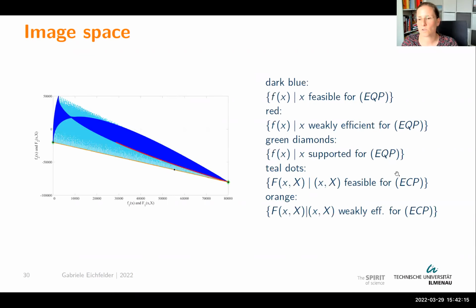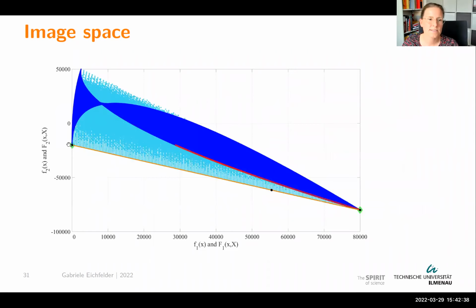And now we go over to the relaxed problem, the lifted problem, the completely positive reformulation, and we study all attainable values. And now it's exactly the convex hull of the original set, with all these teal, green, whatever, turquoise, I don't know what the color is named, points here. And there's this line here, which is orange or brown. This is exactly the set of image points of efficient points of the relaxed problem.